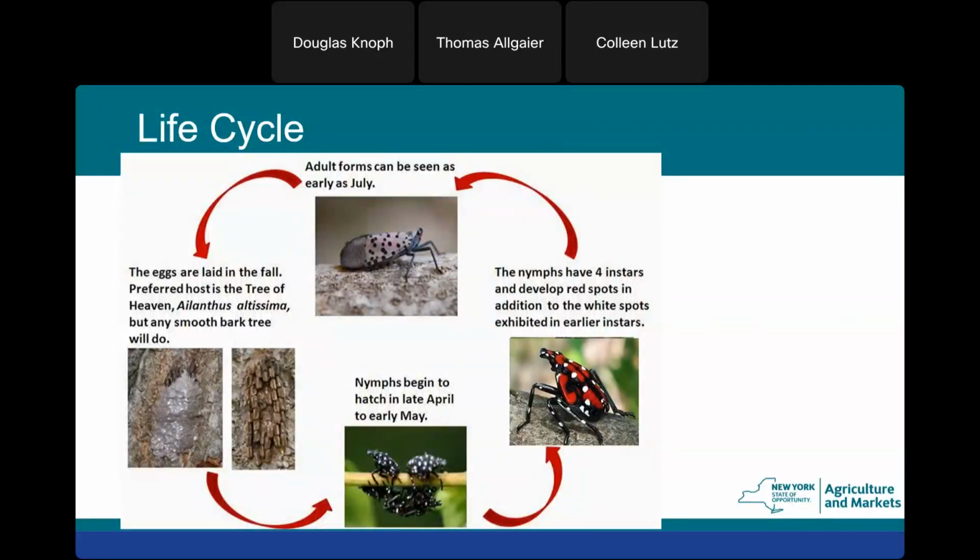The egg masses are shown there on the left. They look almost like sesame seeds lined up with a little line on them. The majority of them are covered in this grayish putty covering. However, not all the egg masses will be covered, and they will overwinter in that stage, and then they will hatch out as early as May, depending on where you are in the state.